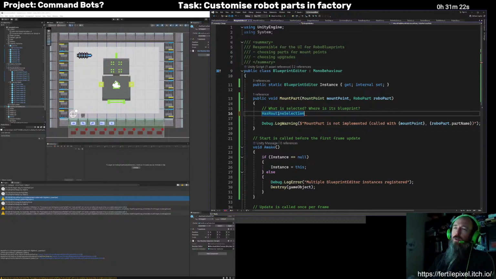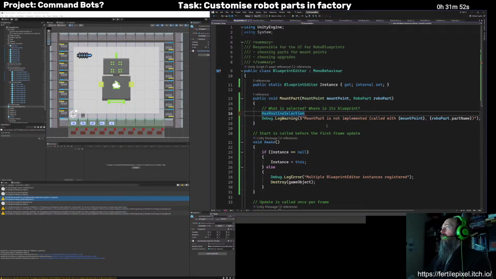If I want to have undo on this, like if I want to be able to mess up the robot and then hit cancel, then I should keep all of the state of that blueprint locally, and then on pressing a button, it would at that point lock it in. But I'm not going to do that yet, and I can go back and add that later.